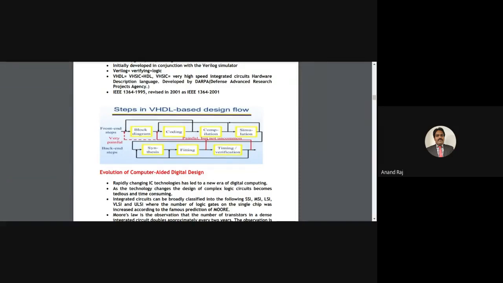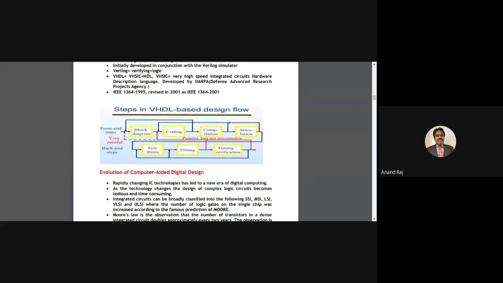After compilation, we'll go with simulation. If simulation is done properly, then we'll go with design synthesis. Design synthesis is usually done using an FPGA. If that design works fine, then we'll go with fitting. Fitting is nothing but floor planning. Then we'll go with timing and verification.